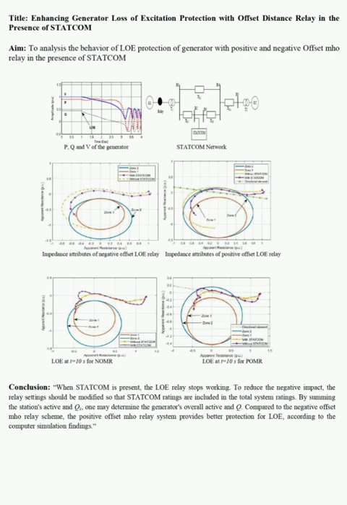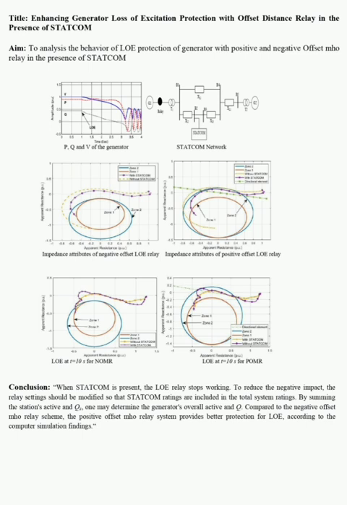The path patterns for impedance of a negative offset Mho relay are shown in the figure, both with and without the presence of a STATCOM. At t equal to 10 seconds, when the generator's P is 0.5 per unit, the complete loss of excitation condition is applied. When no STATCOM is present in the system, the impedance path enters Z1 at 11.58 seconds and at 11.82 seconds